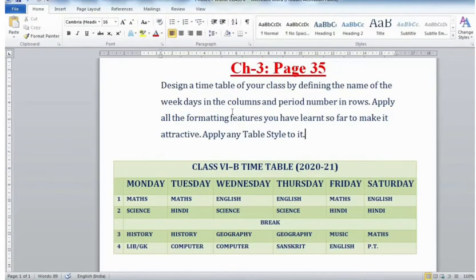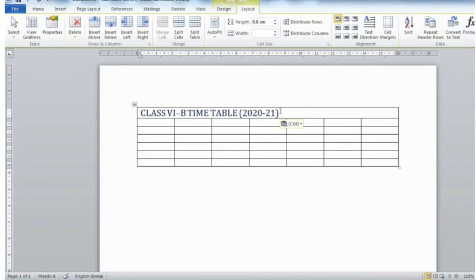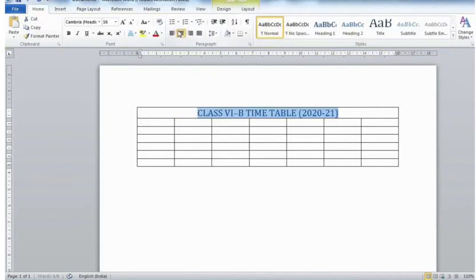So I'm going to write this class 6 timetable 2021. I'll just paste it over here. You guys can type it. So I've done that. After that, students, over here I have to type the days of the week. So I am going to type Monday,